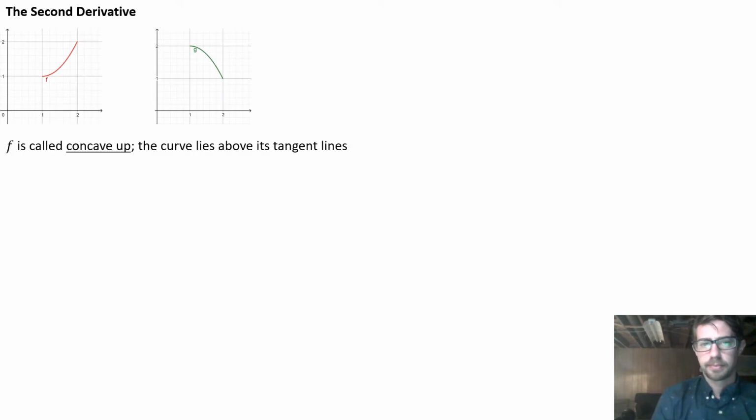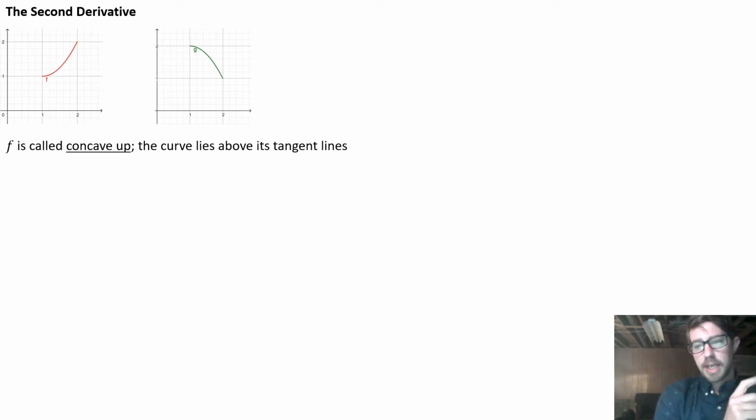We've talked about the second derivative in the past, f double prime of x. It's just the derivative of the derivative. Now we're going to talk about it in depth. So if you look at these two graphs in front of you, f and g,